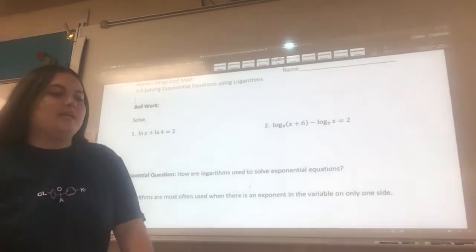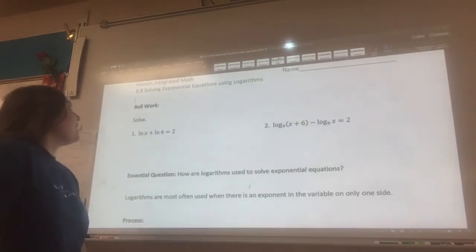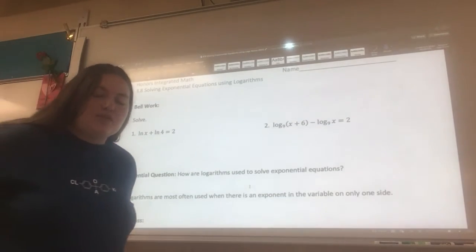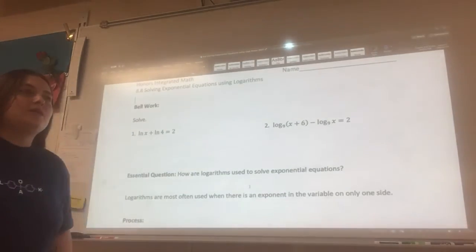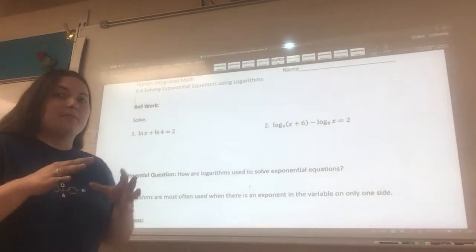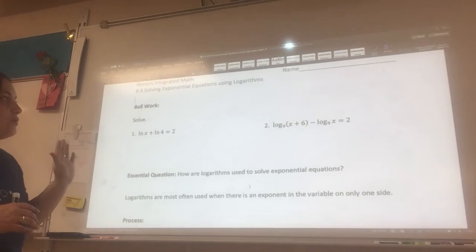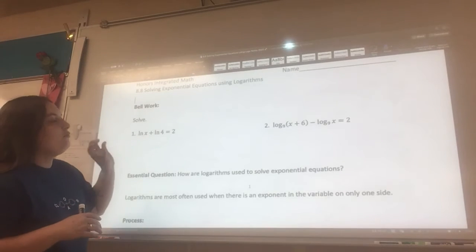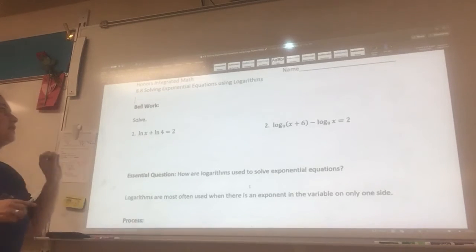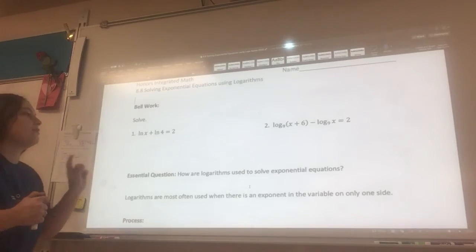Last lesson of Unit 8. So 8.8, solving exponential equations using logarithms. We're going to see real quick what I mean by that. First off, make sure you're still able to solve for the variable using logarithmic properties and then switching it into